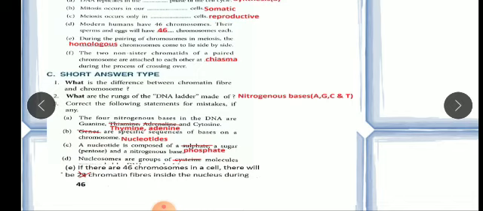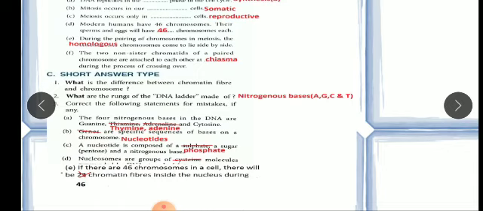So you can write: in the interphase, the nucleus shows a network of very long and extremely thin dark staining fibers, which are called chromatin fibers. Okay, and what is a chromosome? What happens when the cell enters the first phase, that is prophase? These chromatin fibers condense to form chromosomes.